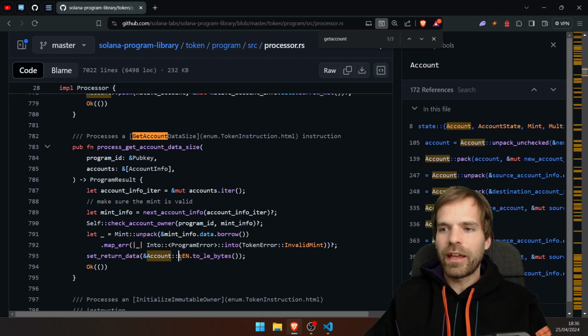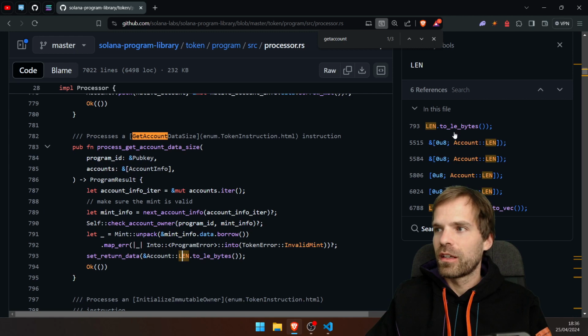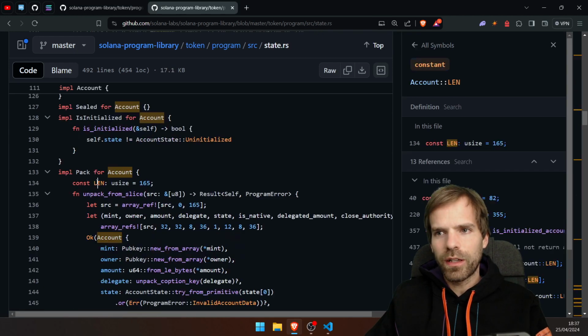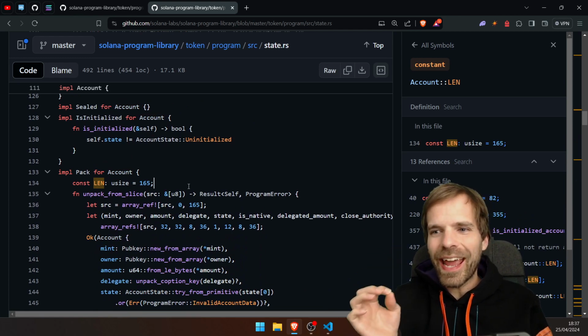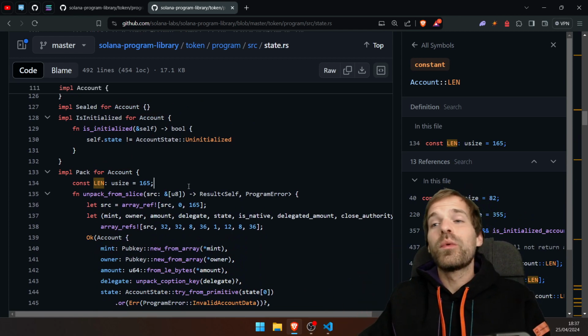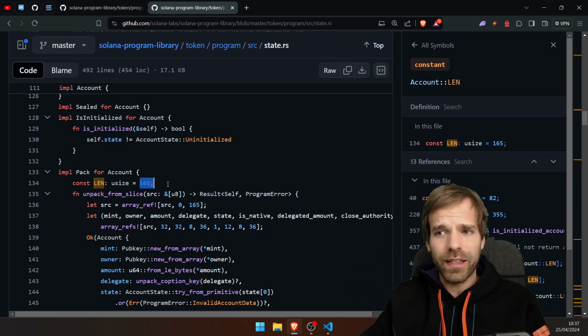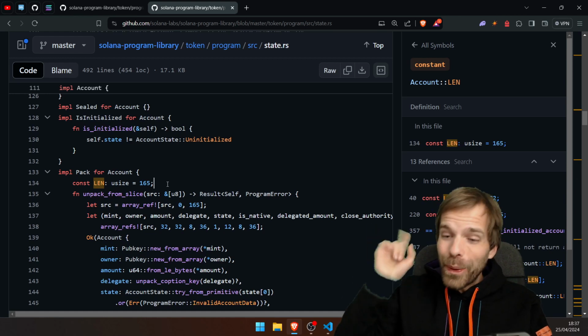And that is actually a constant for this program. Account length in bytes, there we have it, 165. For token CAC, this is a constant. We would not really need to call that because we know it's always that. Plus that program is immutable. But